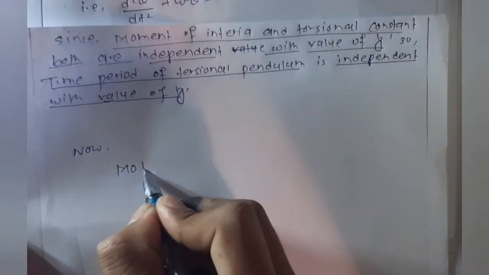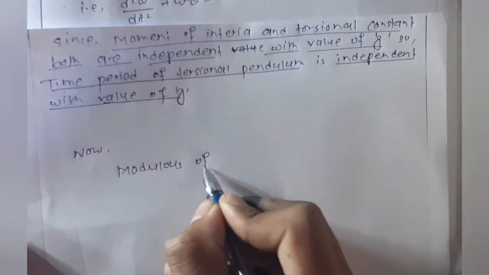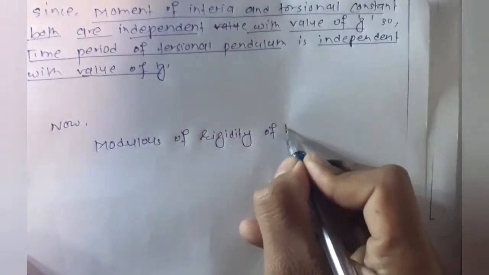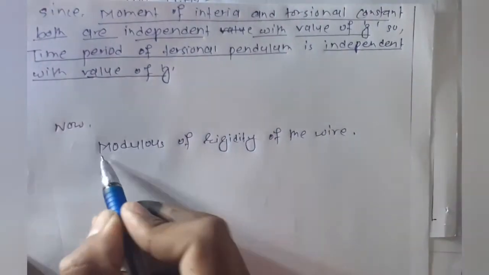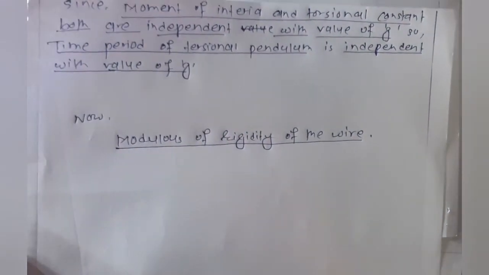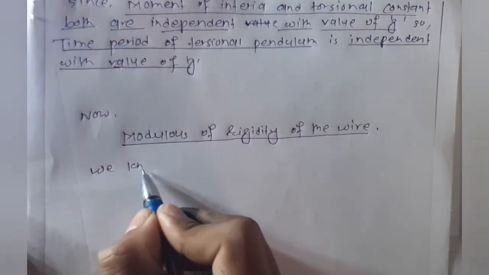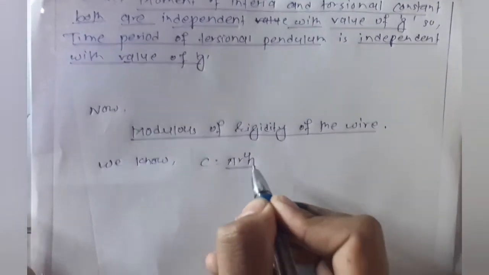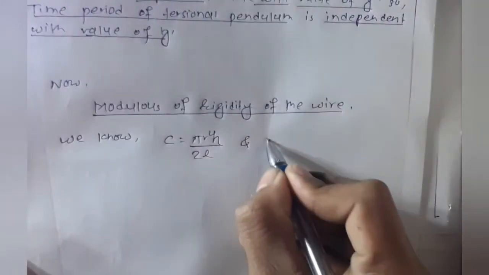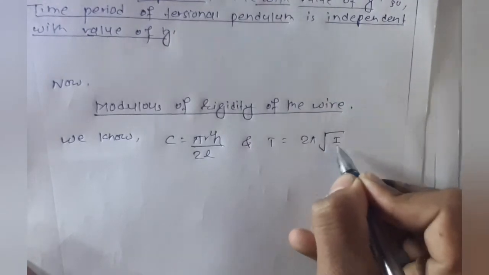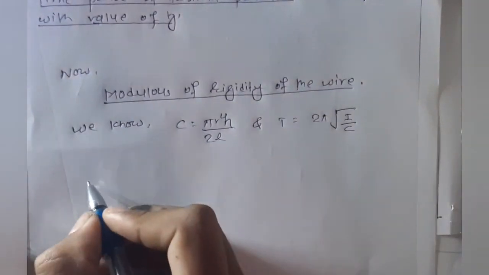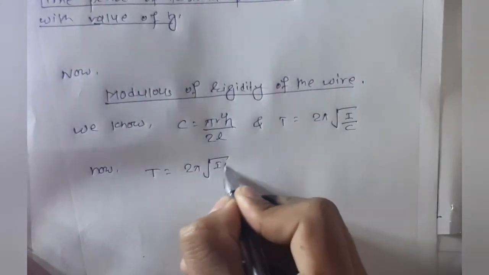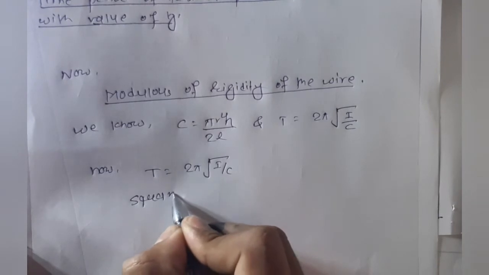Now the calculation for the modulus of rigidity of the wire. We know C is equal to pi r4 eta by 2L and T is equal to 2 pi root under I by C. Squaring both sides,